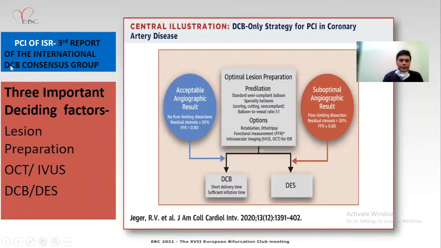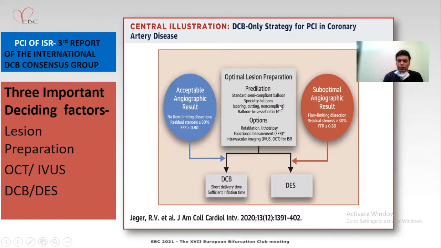And this is the recent third report of the international DCB consensus group. What they emphasize mainly is that plaque modification, lesion preparation, is key in producing the best results for DCB. You can use the angioscope, you can use any cutting balloon, or if severe calcium is there, you can do the plaque modification with plaque modification devices, achieve a 1:1 ratio, and if still a suboptimal result is there,